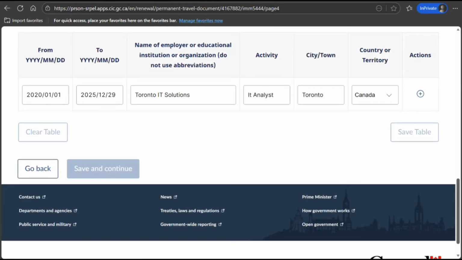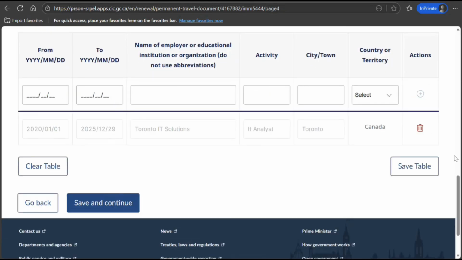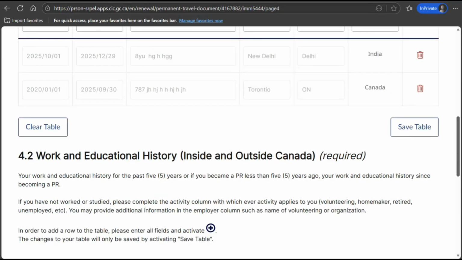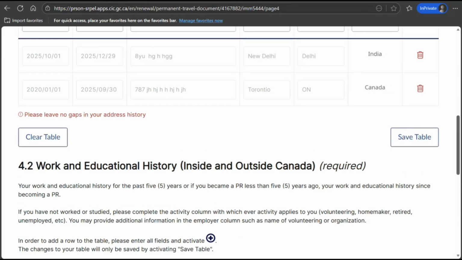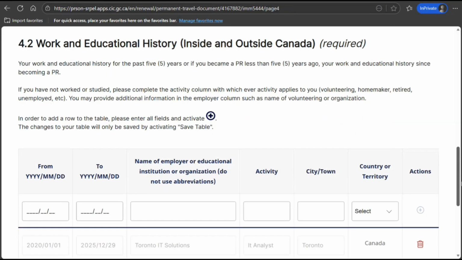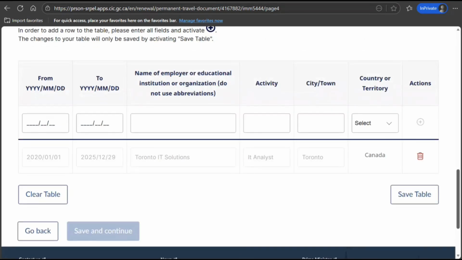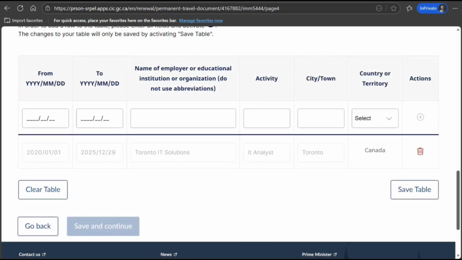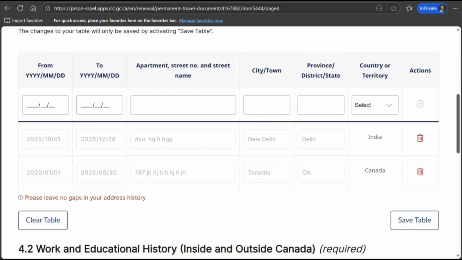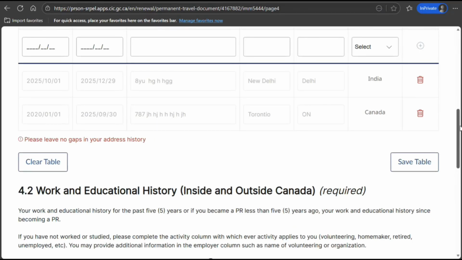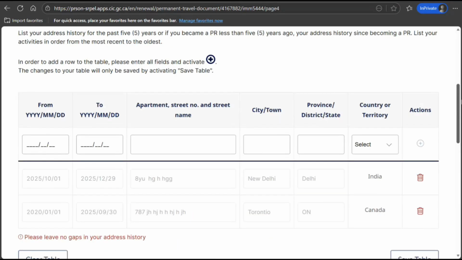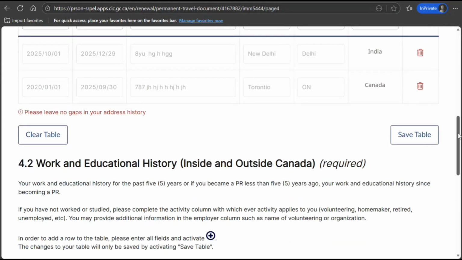You know what I have missed? Save the table. No gaps in history. Have I missed anything? Doesn't look like it.